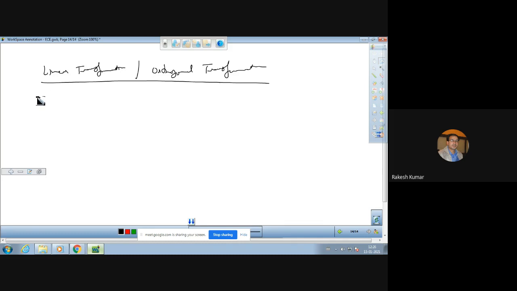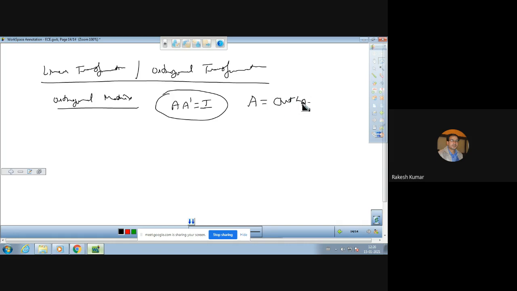And one example was discussed for an orthogonal matrix. This was discussed, that when will a matrix be orthogonal. So if A into A transpose is the identity matrix, then the matrix A is said to be an orthogonal matrix. We just have to prove this by multiplying these two matrices. You will have a matrix, you will find the transpose of that matrix, then multiply these two matrices. And if you get it equal to the identity matrix, then the matrix A is said to be an orthogonal matrix.